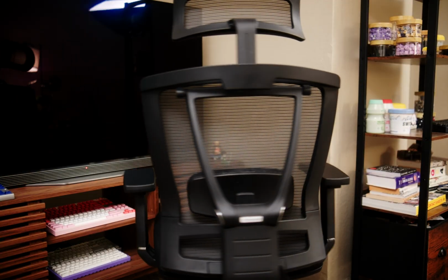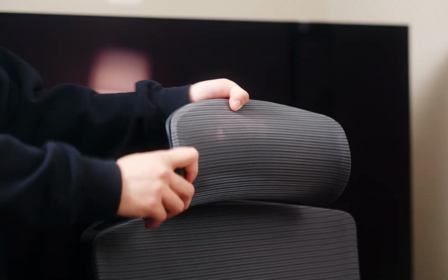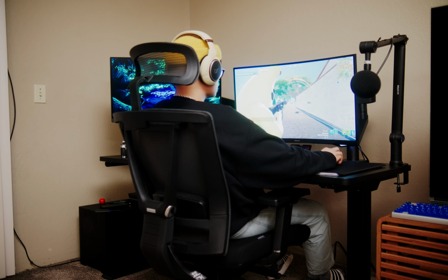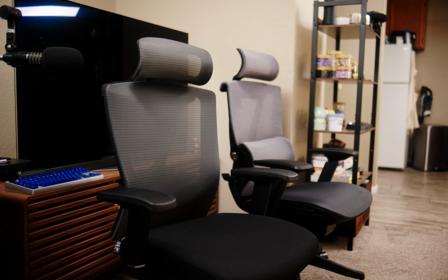And the Ergonomic is definitely more sleek, and while I think it would fit perfectly in a working environment, I do think it has a little bit more of a casual vibe to it. Now, this is neither a plus nor a negative, it is a preference thing, but just keep that in mind. But thankfully, neither of these chairs would stand out in either a working environment or a home environment, so they've